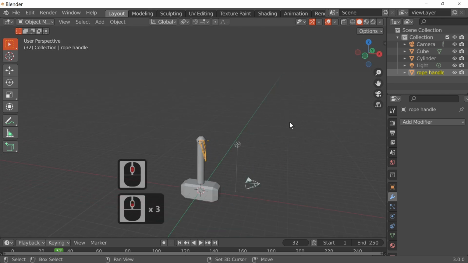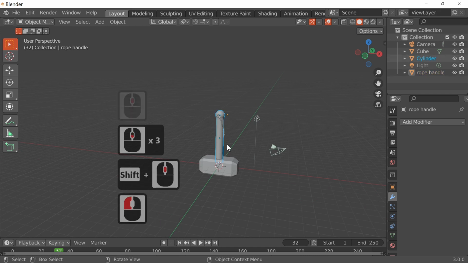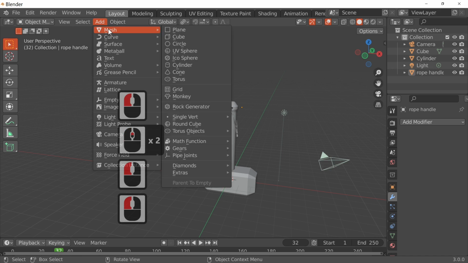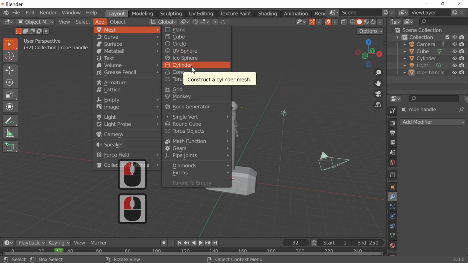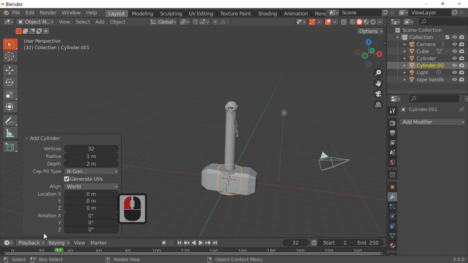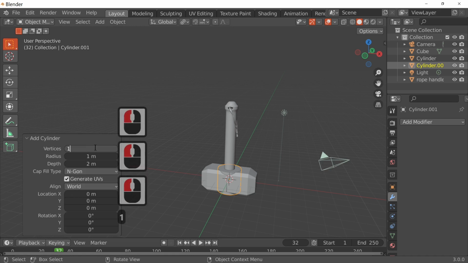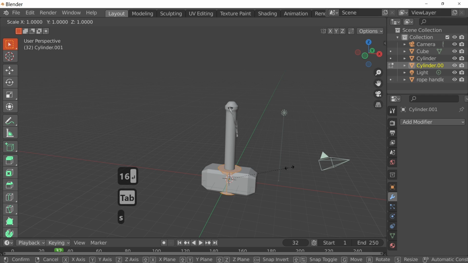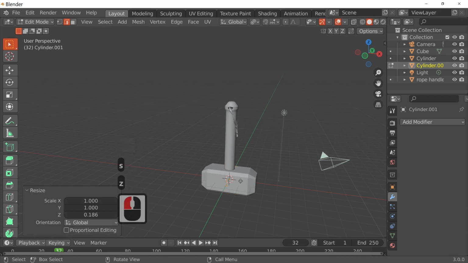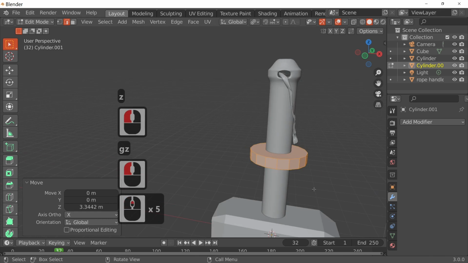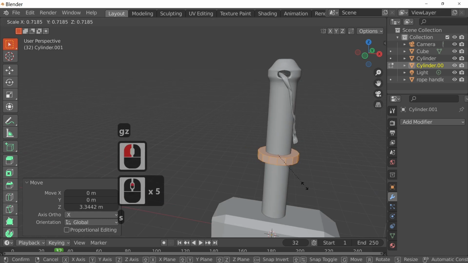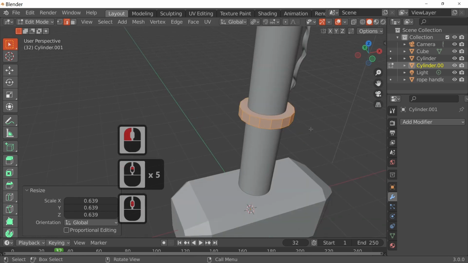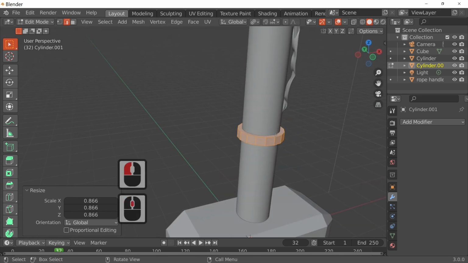And next thing I'm going to add is a bit of decoration. So apply and apply. Lastly, I'm just going to add in a simple mesh. I'm going to add in a cylinder, but I'm going to change the number of faces on this cylinder to 16, and then I'm going to scale it in the Z like so, and G and Z, just move it up. I'm just going to scale it down